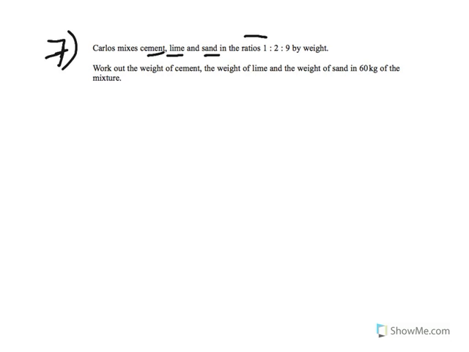1:2:9. So 1 corresponds to cement, 2 corresponds to lime, and 9 corresponds to sand. So you've got to work out the weight of cement, lime, and sand in 60 kgs of the mixture. Now, first of all, the total number of parts in the mixture,